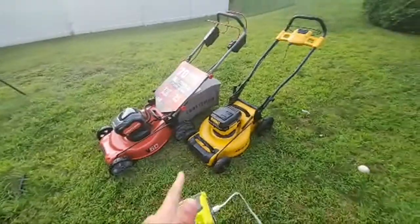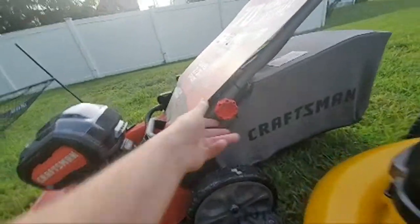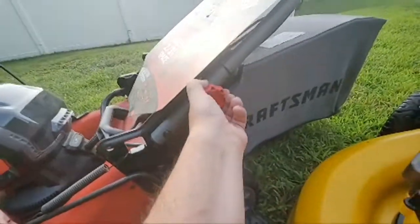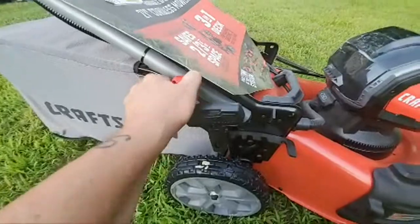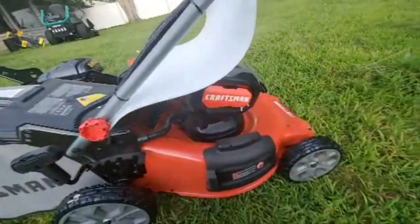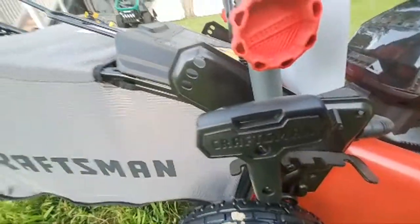And then this, real simple. But yeah, so you got 3 height settings on your bar, and it's just a little bit nicer type stuff. This is how you obviously lower it. You turn that, and if you have this mower, it's probably one of the best features about it. And the deck lift system is probably one of the best out there. So then this too, you just, oh, I went all the way down to the bottom, but this is gonna stop it, this thing right here. But you guys know. So yeah, you got 3, okay? You only got 2 with the DeWALT. Let me just lock this